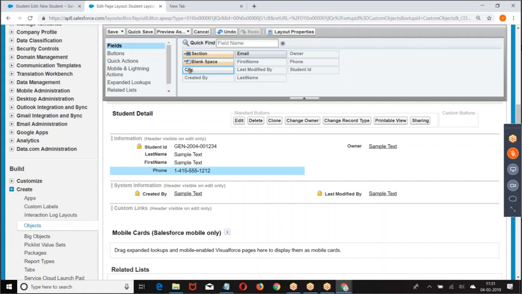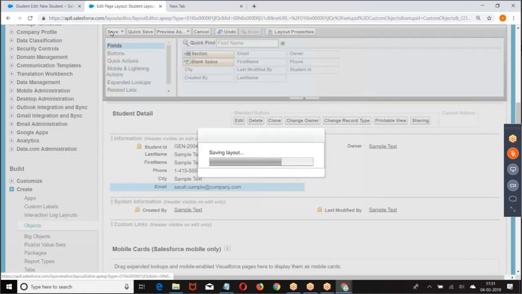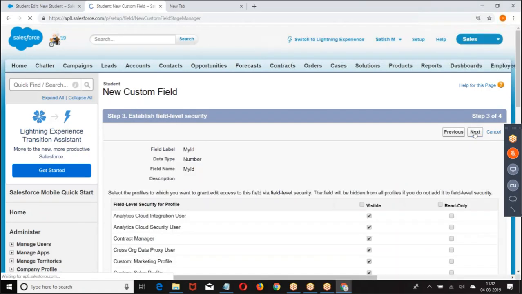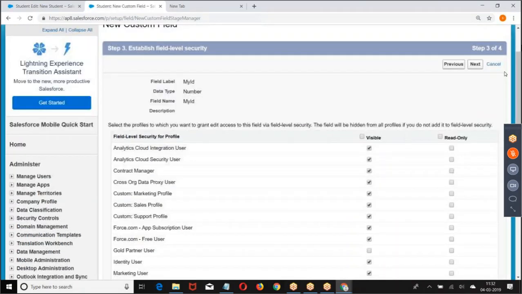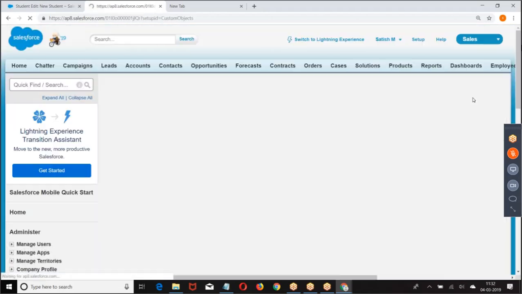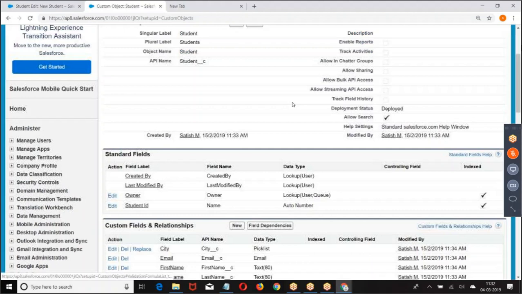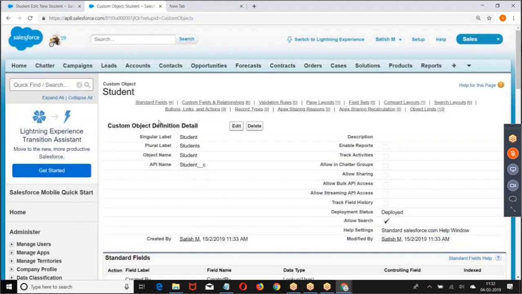Then I gave My ID. Now go back to the student.